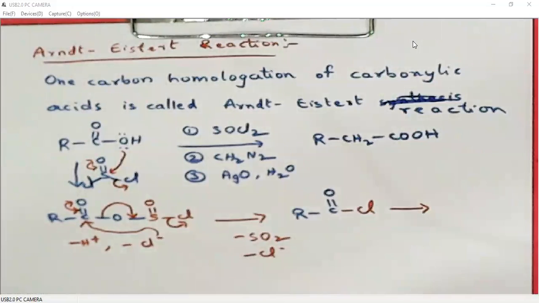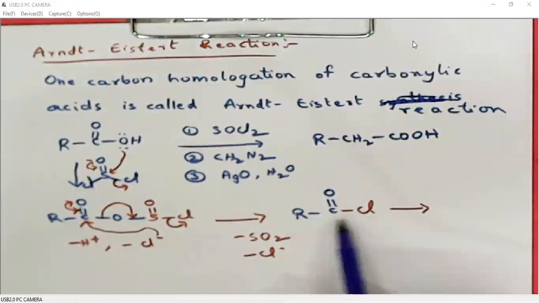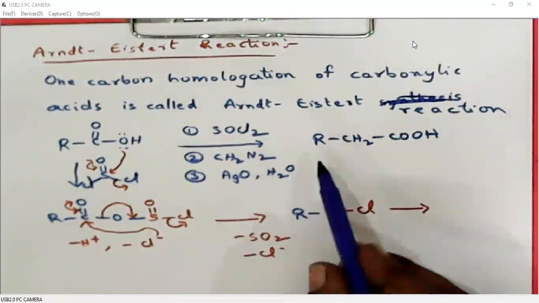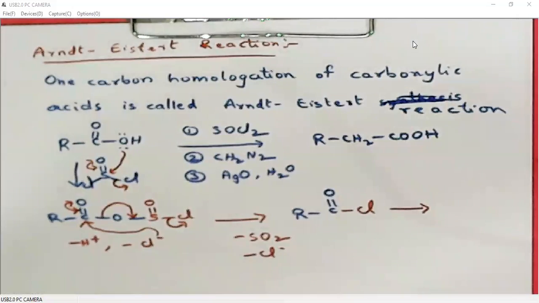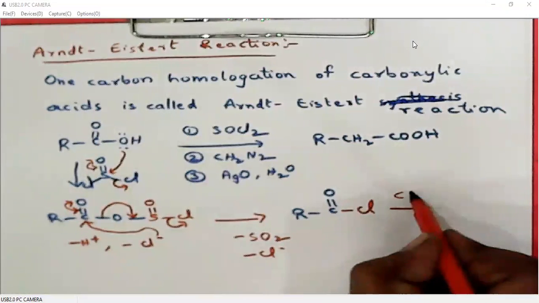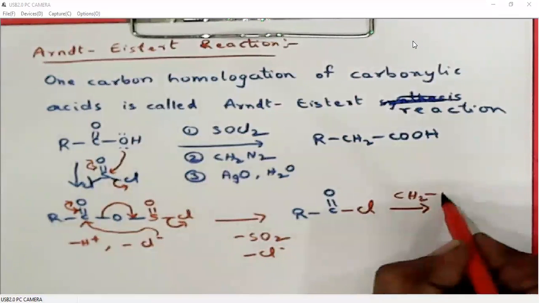Sorry for that, they are not examples of Wolff rearrangement. They are also examples of the Arndt-Eistert reaction. So we have discussed three such examples. Right, so I'll quickly show you how acid chlorides will be converted